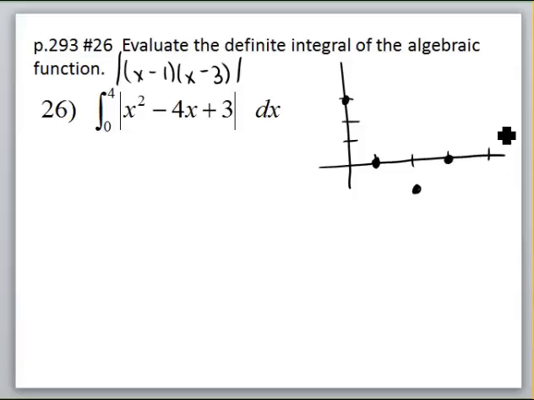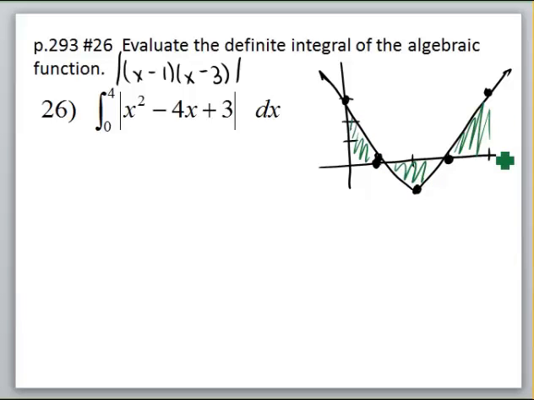And then when I plug in the 4, I have 3 times the 1, which would be 3. So I have this V that looks like this. We're talking about area underneath the curve, so I'm going to be finding the area of these regions right here. Now we really could integrate this, and maybe I will go ahead and write out the integral